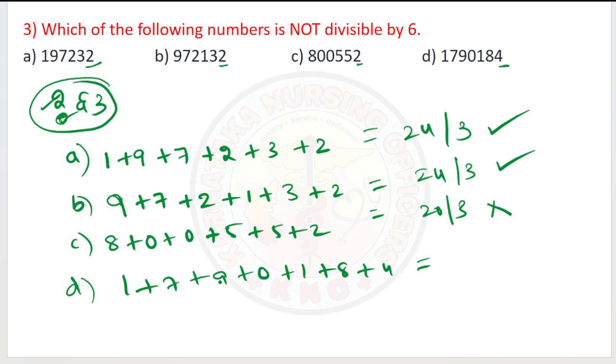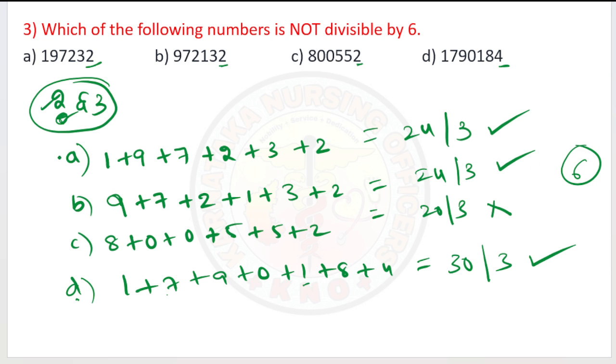number, that is option D. 9 plus 1 is 10. 10 plus 7 is 17. 17 plus 1 is 18. 18 plus 8 is 26. 26 plus 4 is 30. 30 is divisible by 3? Yes. So all the options, that is option A, option B, option D, are completely divisible by 6 because these